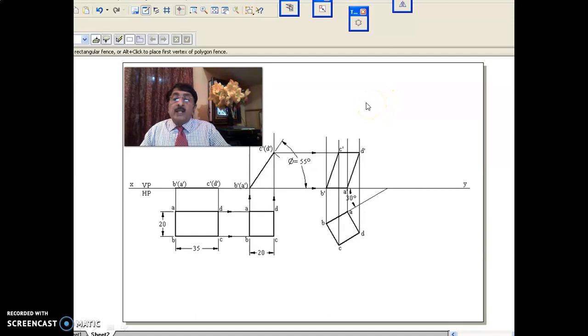What you should know is, they clearly said the rectangular lamina 20 by 35 should appear as a square. When it appears as a square, it has to be a square in the top view. Then the 20 mm edge has to be perpendicular, so that on inclination 35 goes on reducing, and for a particular inclination it can become a square also. But if you make the 35 mm edge perpendicular, and this is 20, 35 will remain the same, 20 goes on reducing, you will never get a square. These things you should know. Now the problem has been done. The problem is correct in all respects.